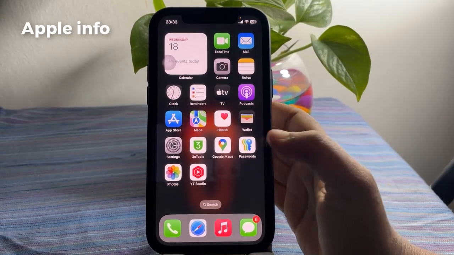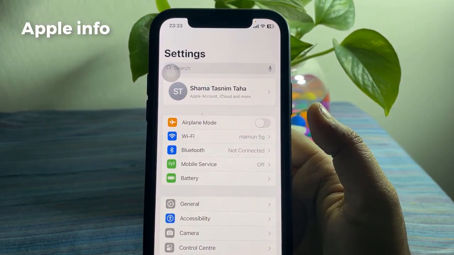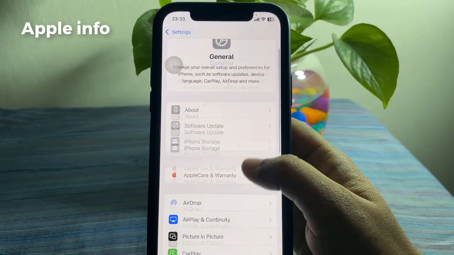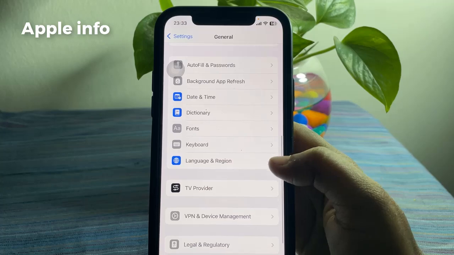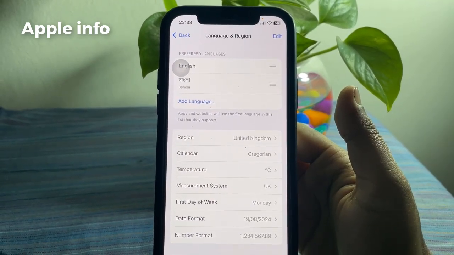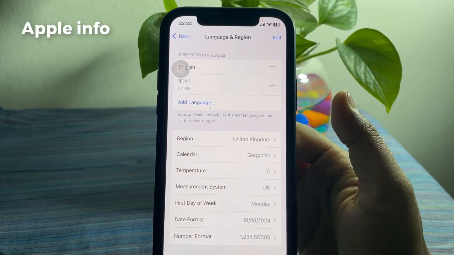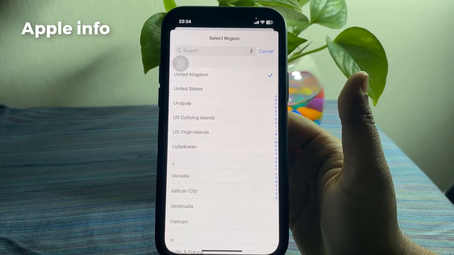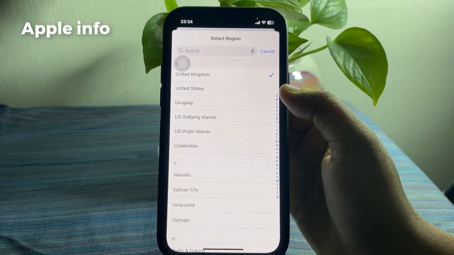Go to your iPhone settings, scroll down and tap on General. Tap on Language and Region. Set your region to the United States. Tap on Region. Set your region to the United States